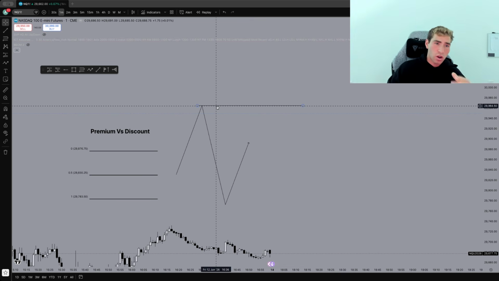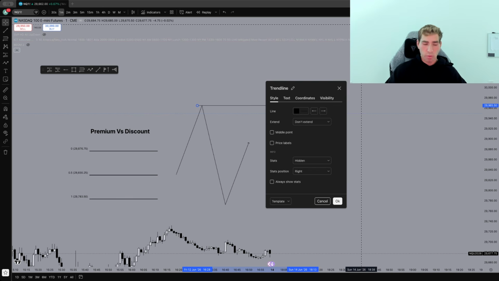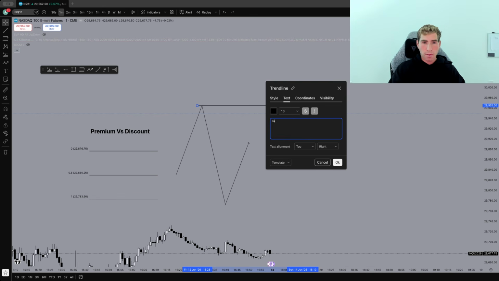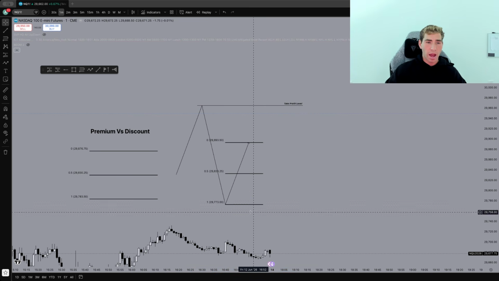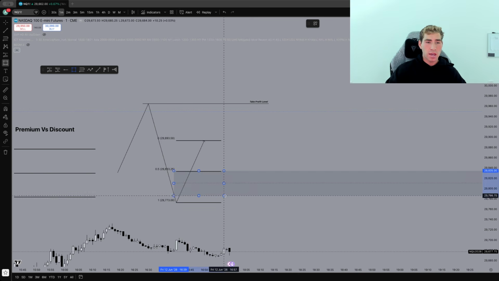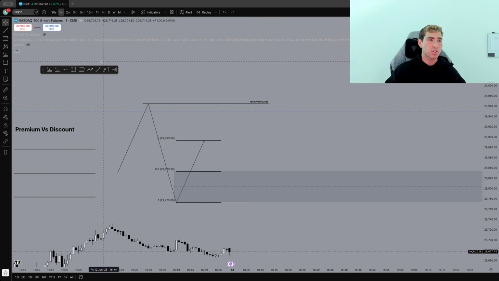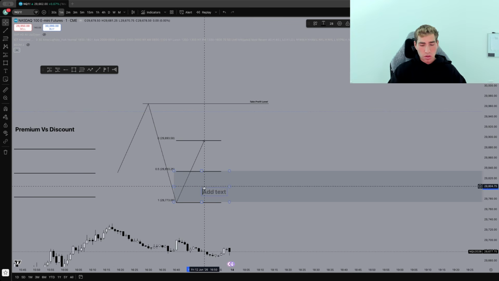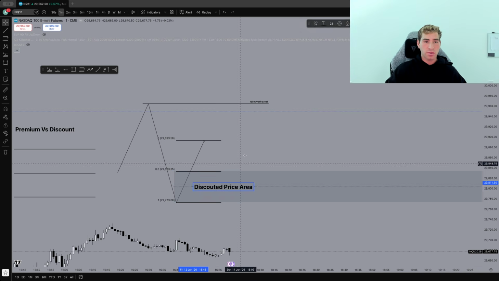But this is essentially our objective. Let's say we want price to go here. This is our take profit level. Take profit level. I want price at least to the top 0.5 of this range right here. Why is that? Because anything below 0.5 is going to classify as a discount because it is below the 50% mark of the leg. So this is a discounted price area,